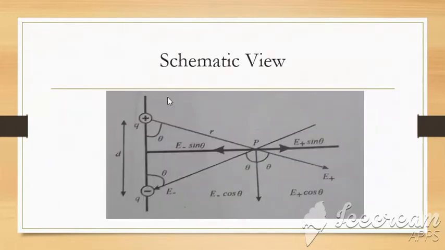Now in this diagram, just concentrate on the position of the cursor of the mouse. Positive and negative charges have a separation between them. They constitute a dipole and the separation between them is represented by d. So we wish to calculate electric field at a point P. This point P is at a distance x, and this is also the perpendicular bisector of this dipole. It is at a distance x from this dipole.